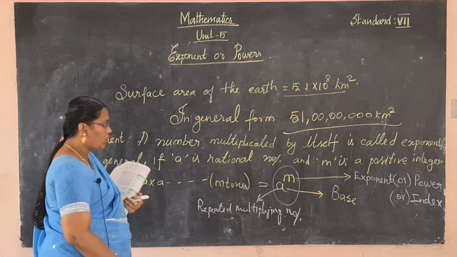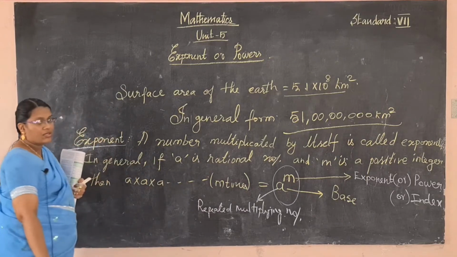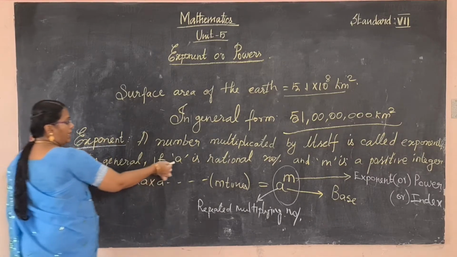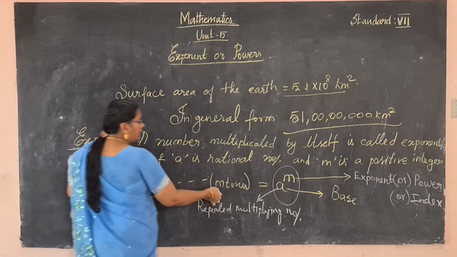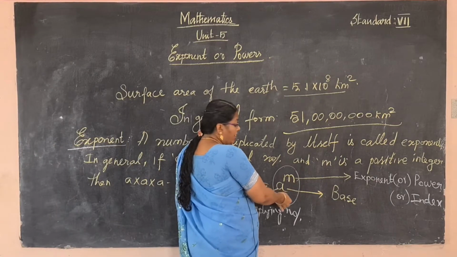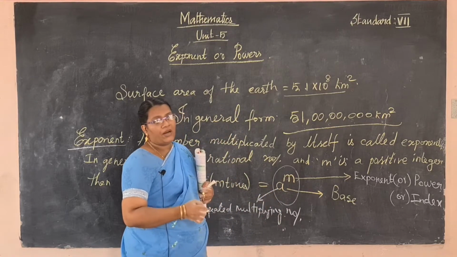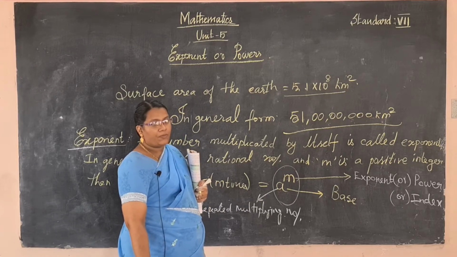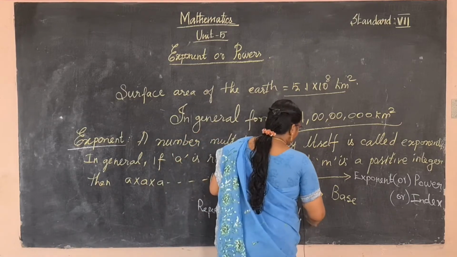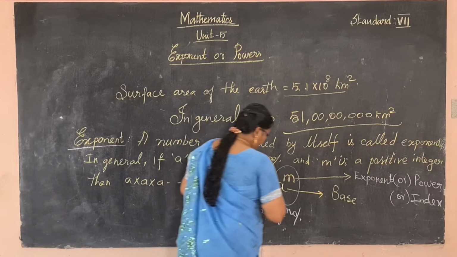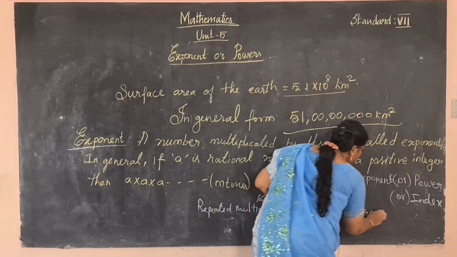Okay, so what is the definition of exponent? A number multiplied by itself is called the exponent. If A is a rational number and M is a positive integer, then A multiplied M times can be written in the exponential form as A power M. How can you read A raised to the power M? It can be read as